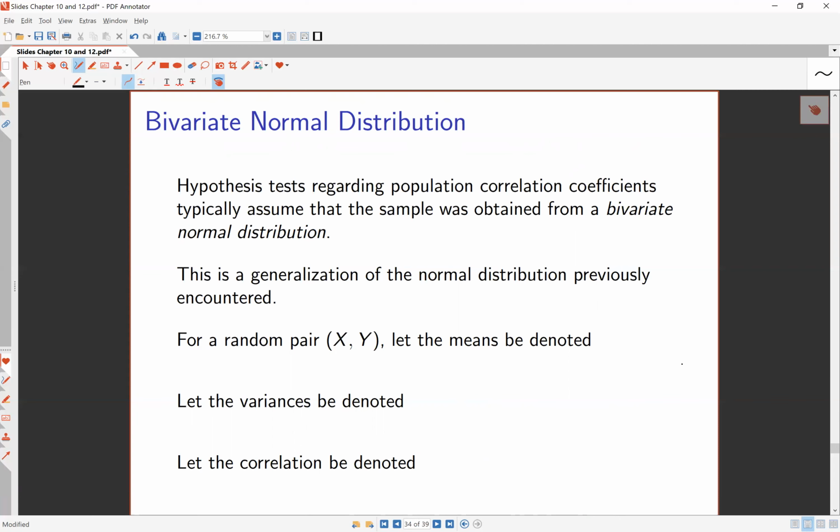Now, there is a bit of notation. If we have a random pair x and y, the means or the averages of the two variables are denoted by mu x and mu y. And here you can see why the subscript becomes important, because we have two means to distinguish between. We also denote their variances by sigma x squared and sigma y squared. And finally, the correlation between them is denoted by rho. Having defined that,